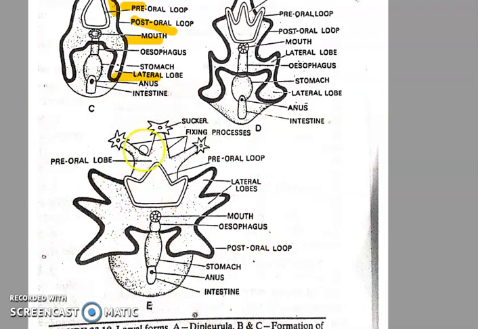Okay, in the Brachyolaria larva, these lobes that are present over here get modified into three fixing processes bearing suckers anteriorly. Then this Brachyolaria larva swims freely and feeds actively. And after about 6 to 7 weeks, it gets fixed to a substratum with the help of these suckers. So it gets fixed to a substratum from this side, and its mouth and anus get closed.